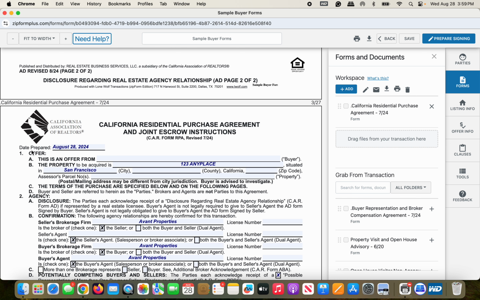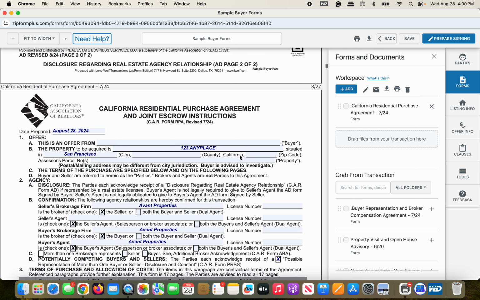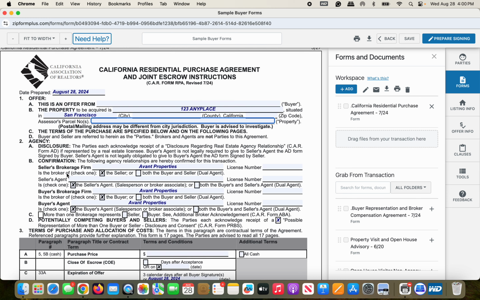It begins with the date of preparation. You have to make sure that your dates are correct, and the offer from, which is your buyers or clients, name should be here. The legal name should be here. Again, property acquired is the subject property, and you have to fill this line as well. And the city, county, and the zip code. I usually include the assessor's parcel number as good practice, and this paragraph of agency,